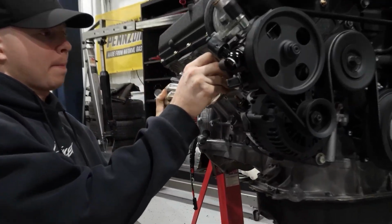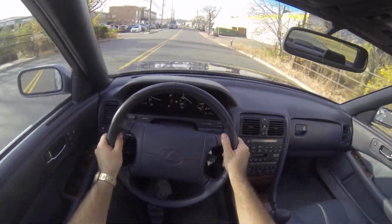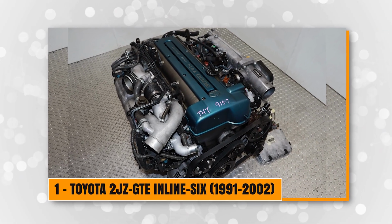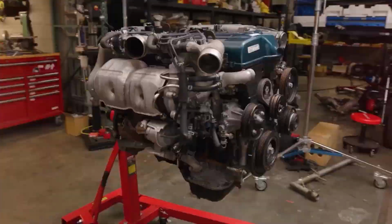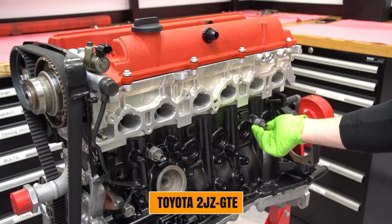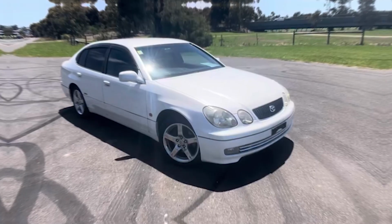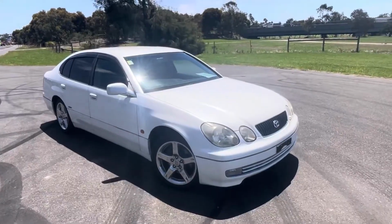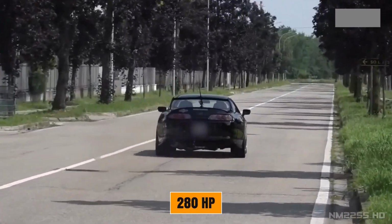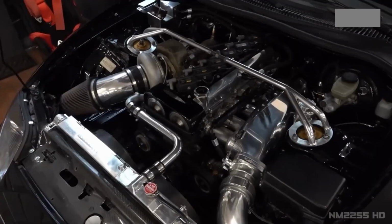One engine that enthusiasts, mechanics, and engineers all agree represents peak internal combustion reliability. Number 1. Toyota 2JZ-GTE inline-six, 1991 to 2002. If there's one engine that deserves the crown of most reliable of all time, it's the Toyota 2JZ-GTE. Found in the legendary Supra Turbo MK4, Aristo, and select other JDM models. This 3.0-liter twin-turbocharged inline-six produced 280 horsepower, Japan's Gentleman's Agreement, or 320 horsepower in US spec models, but those numbers